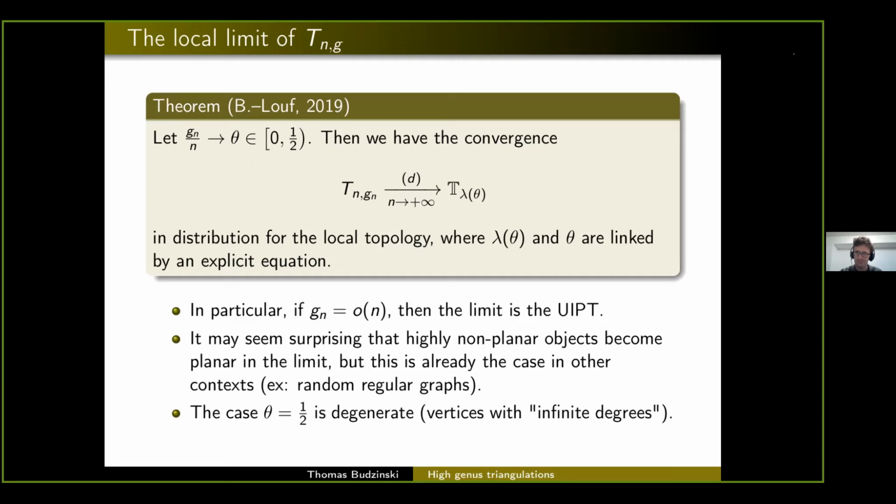Can I ask? First of all, this comment about the diameter is really interesting. So is this saying that somehow at most points you don't see the genus for a long time, but at some points there's going to be lots of genus kind of hidden in some small part of the surface, or something? What is it?